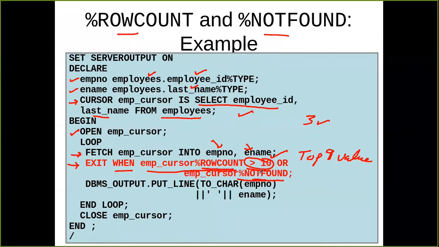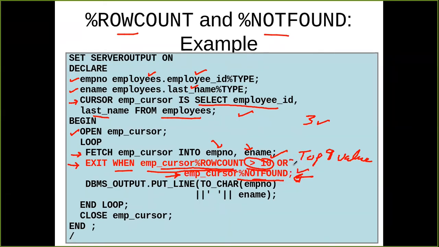That's why I have declared two conditions. In the first condition, I am checking that row count should not be more than 10. In the second, the loop will also terminate if there are no more rows. That can be found out with the help of the %NOTFOUND variable. If employee_cursor%NOTFOUND, then this loop will be terminated.